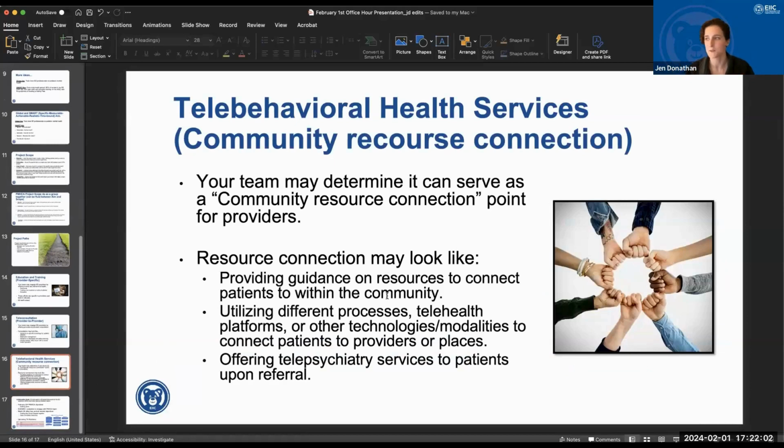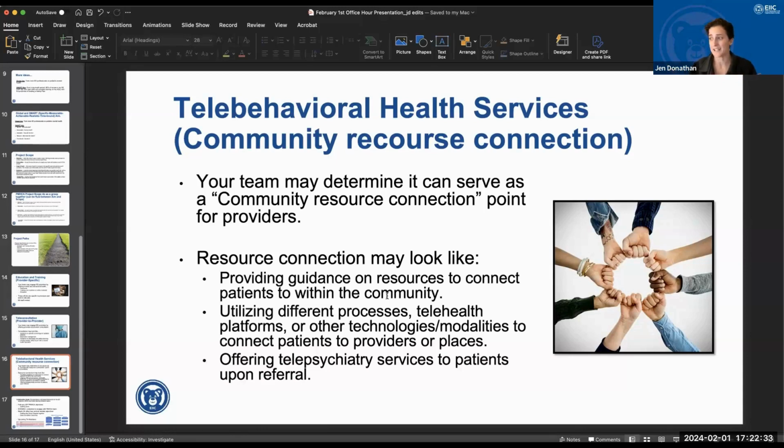the best way to sum this one up is community resource connection. So going beyond the 4 walls of the hospital, a lot of feedback that we received from emergency departments was that there are many areas that they struggle with, but we found a common theme of what happens to the patient when they're getting ready to leave the emergency department, and how do we ensure that patient doesn't come back, and that they're connected to a resource out in the community. So we've defined this bucket as a community resource connection path.